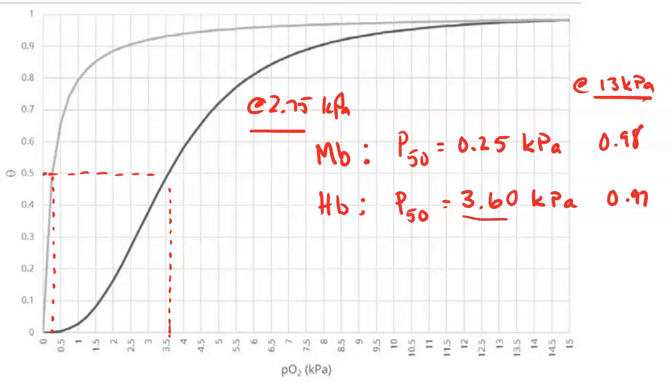All right, so the 2.75 is exactly halfway between this 2.5 and 3 line. So that crosses right here, and that's about right there. See what I'm doing there? If I see exactly where that crosses the line there, and exactly where that crosses the line there, I think it's below 0.35. I think 0.35 is right there. So for the hemoglobin, I'm going to say it's 0.34. Do the same thing for the myoglobin, all the way up here, about halfway, and it crosses right there, 0.92. Something like that.